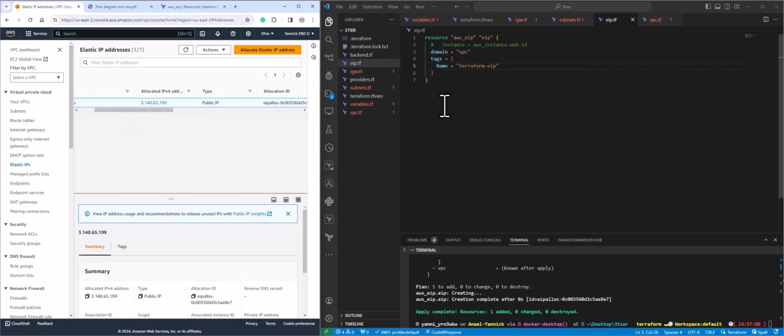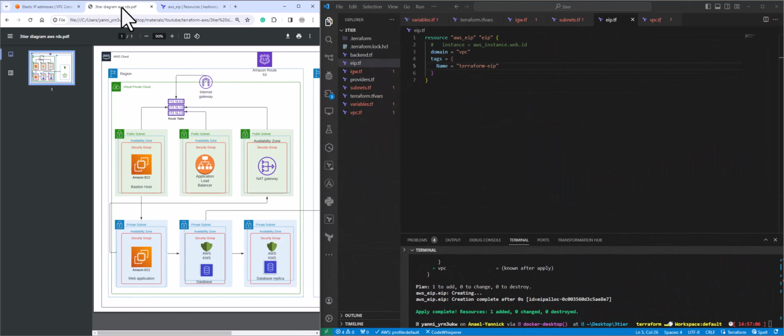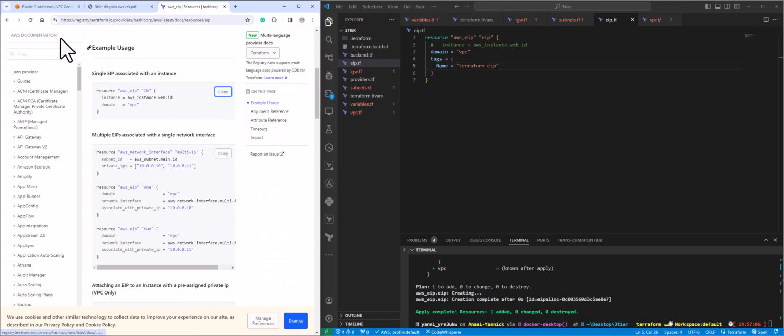So the next thing we're going to do is to create some resources, right? We're going to create the NAT gateway, and we're going to create some route tables. We're going to create a route table association, and we're also going to create some security groups. So let's go. What we're going to do next, the one that is very easy to do, is to create the NAT gateway. Since we already have the elastic IP address, because the NAT is going to use that elastic IP address, we can go ahead and create the